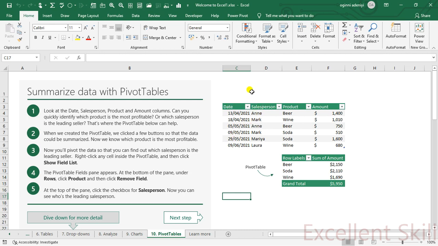By this salesperson, you should know that okay, this person was able to sell beer at the rate of 1,400. Either probably that is per bottle, or 2 or 3, we don't know, but our total sale for that date is 1,400.